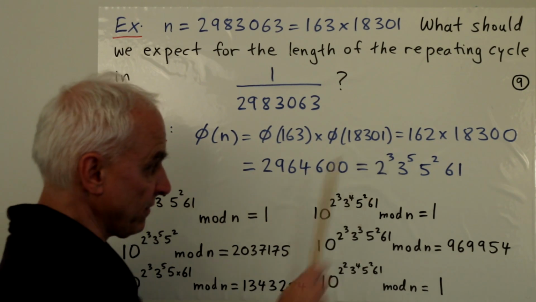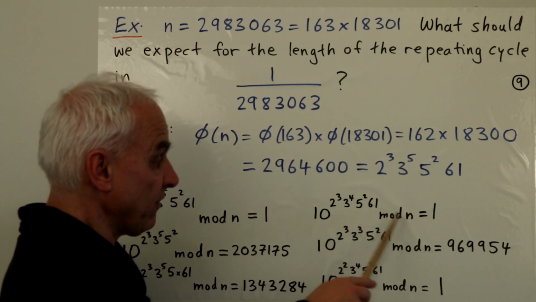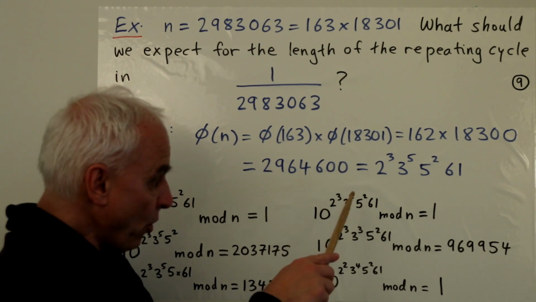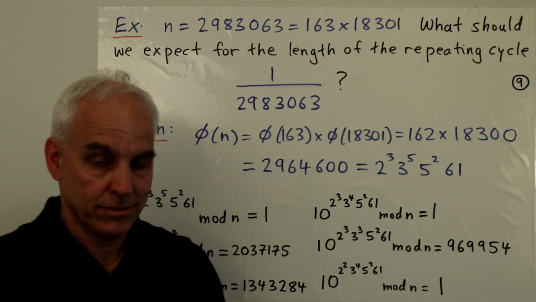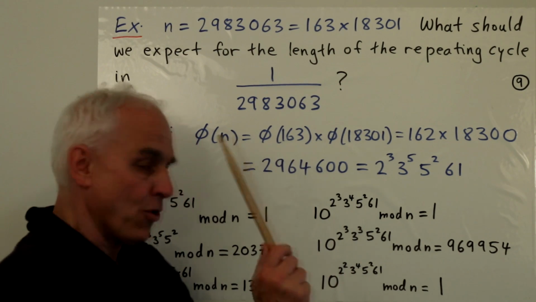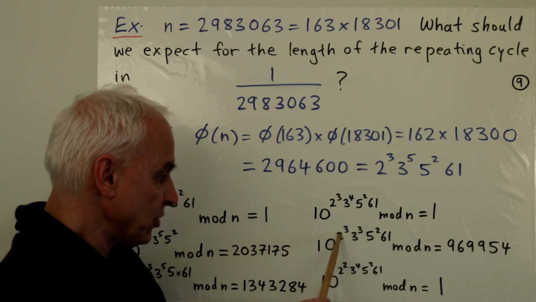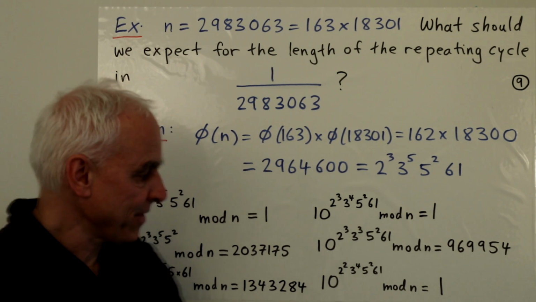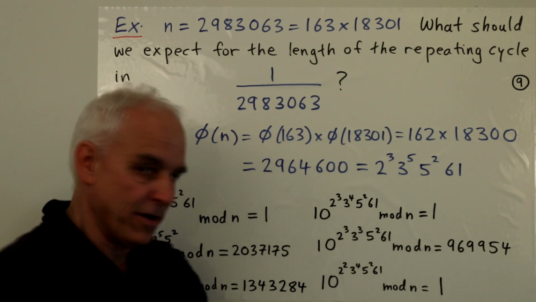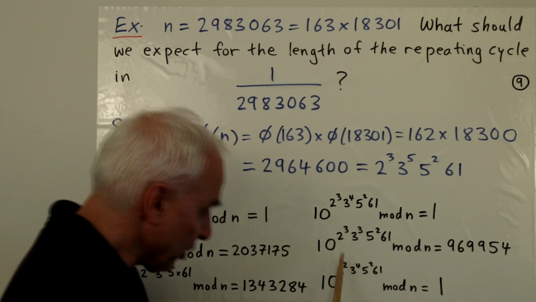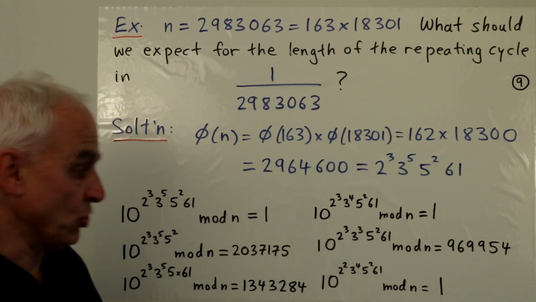And we think about the powers of 3. Let's lower the 3 to 3 to the 4. Well, that turns out to give us 1. But if we lower it one more to 3 cubed, it turns out that we don't get 1. So we can lower it by 1 and we're okay. Finally, what about the powers of 2? If we lower the 2 cubed to a 2 squared, and we still keep this 3 to the 4th, then this thing mod n is equal to 1. And if you do it one more time, lowering it to just 2 times all of this, then you see that in fact you don't get 1.